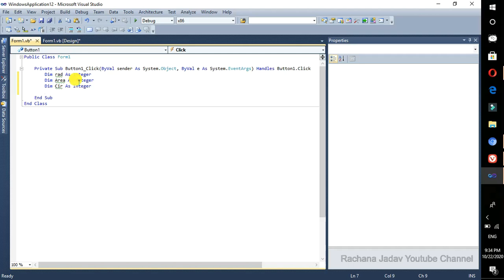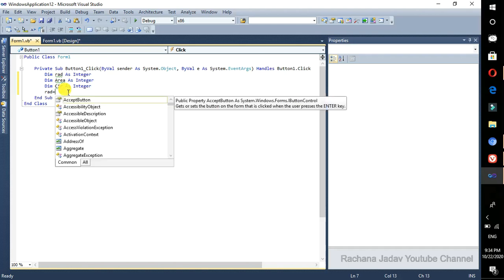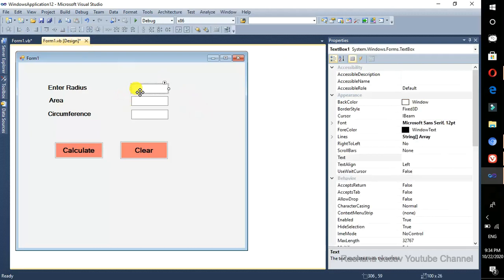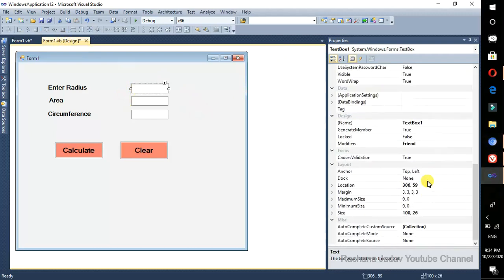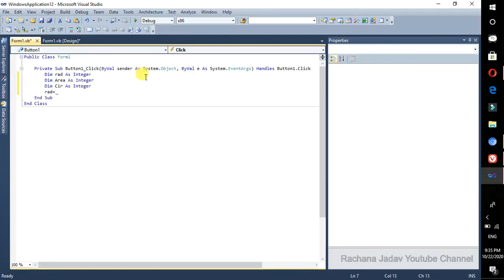Now after declaring the variables, that is radius, area and circumference, what we have to do is, when you enter a value, it should be accepted in the radius variable. The text box where we enter it is Text Box 1, as you can see the name here. So it will accept the value written in Text Box 1.